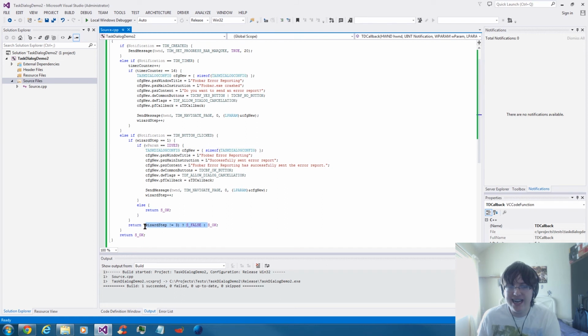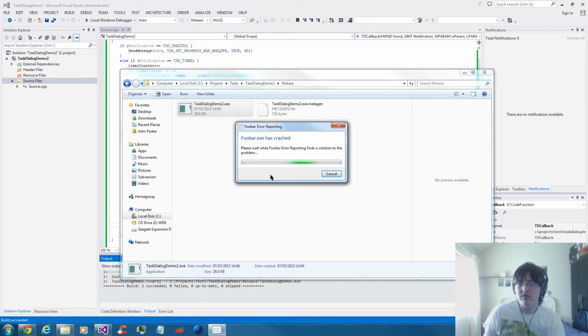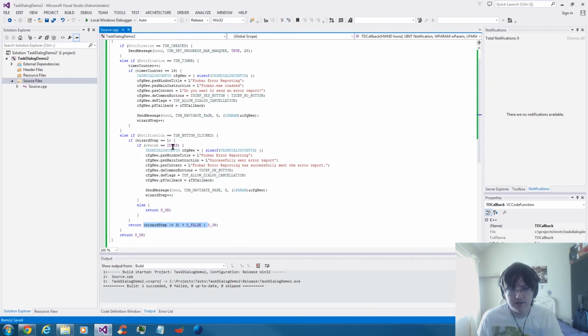If I return S_OK anyway, would the navigate page take over, or would it still close the window? Still close the window. So we do need to return S_FALSE. Right, that's okay then. Microsoft wouldn't really have implemented that feature if it wasn't required, I suppose. So we do need to now tell it that only on Wizard Step 1 should it return S_FALSE, and no case to start with. And also,